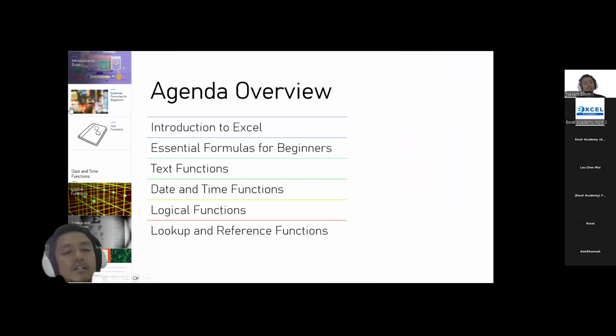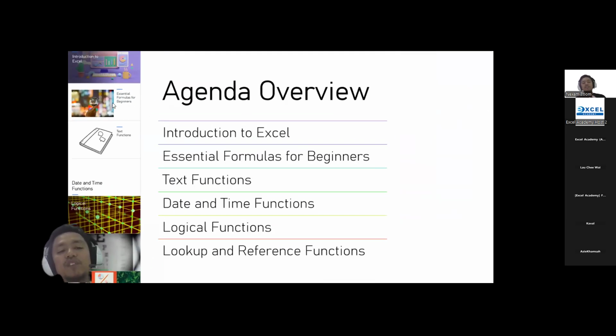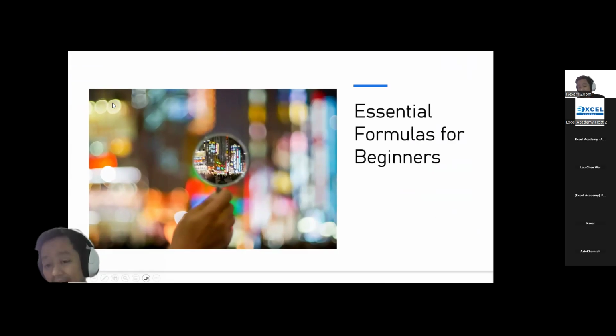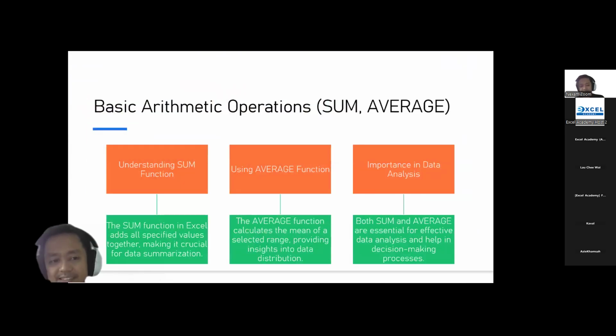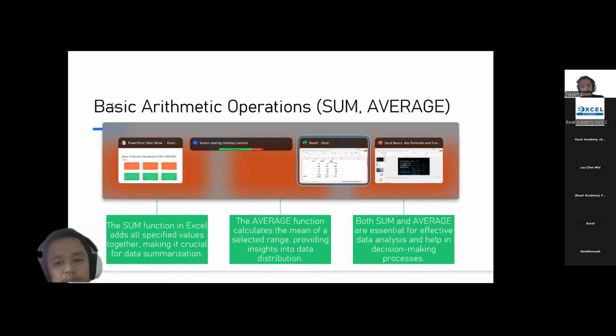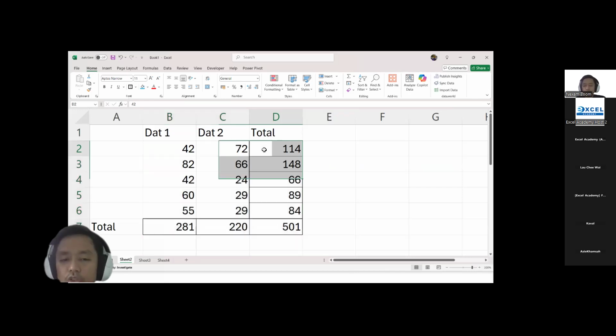Okay, good. So now, these are the essential formulas used by beginners. First, the sum function and the average function. I will show you how to use the sum function and how to use the average function. Let's see, if I want to do sum, let's say I want to use sum for this, in Excel, you